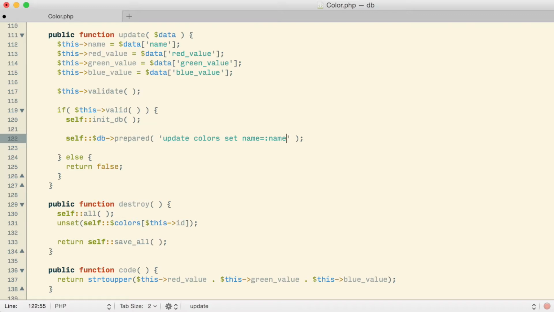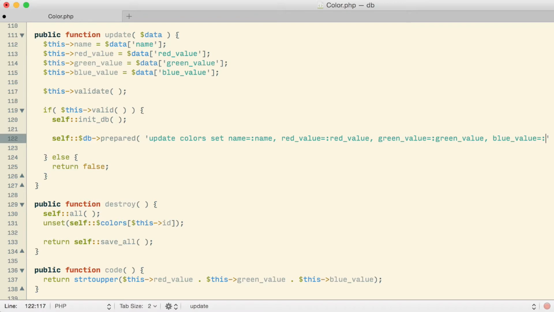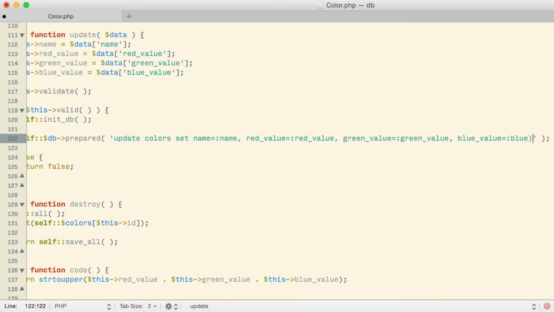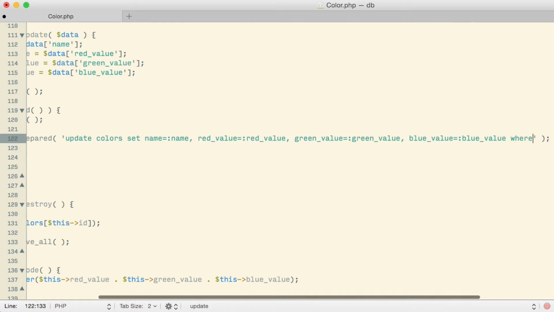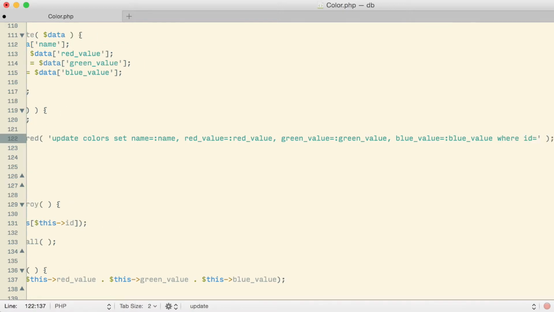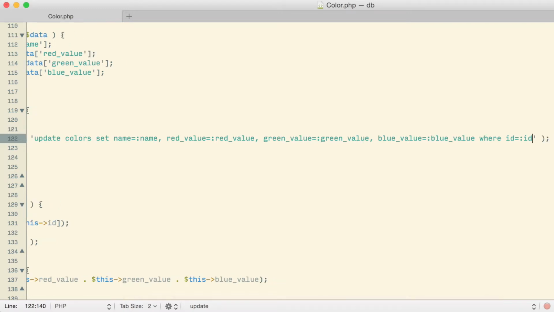So set name equal to a named placeholder for name, set red value equal to a named placeholder for red value, set green value equal to a named placeholder for green value, and set blue value equal to a named placeholder for blue value. And the last thing I want to make sure I don't forget to do with this is I'm going to say do that where the ID is equal to a particular ID, so a named placeholder for that as well.